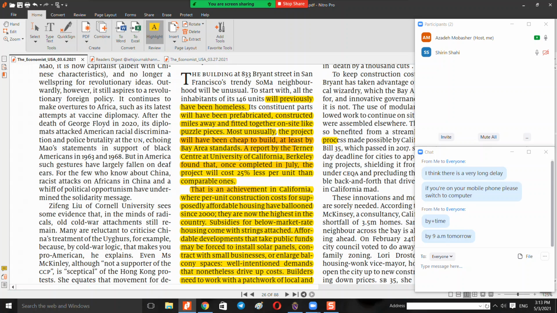But if you want to just emphasize the fact that by the time it's finished, which is next July, the cost won't be much compared to similar projects, then you can use future perfect. It doesn't mean that you cannot use another tense. It's just because the author wants to emphasize the completion of all these tasks by the month of July, which is in the future. That's at least my understanding of this.